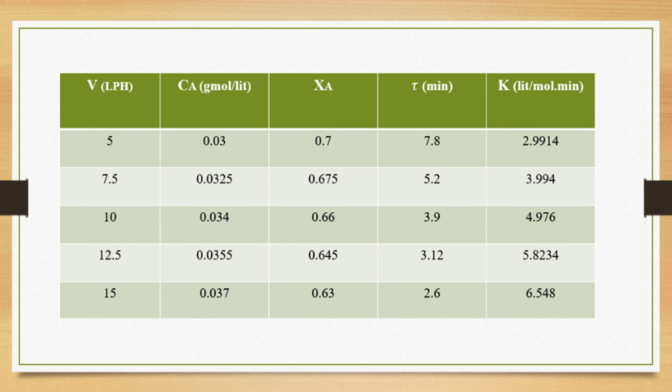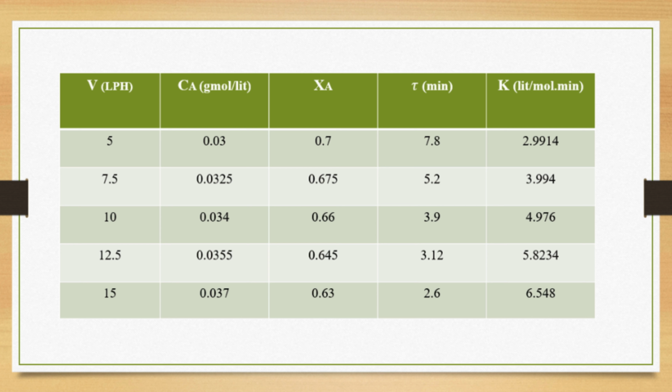As you can see, for different flow rates, the value of rate constant K is calculated. From this value of K, the K average is calculated, which comes out to be 4.866. The value of rate constant is also calculated graphically, for which the graph is plotted between 1 upon Ca